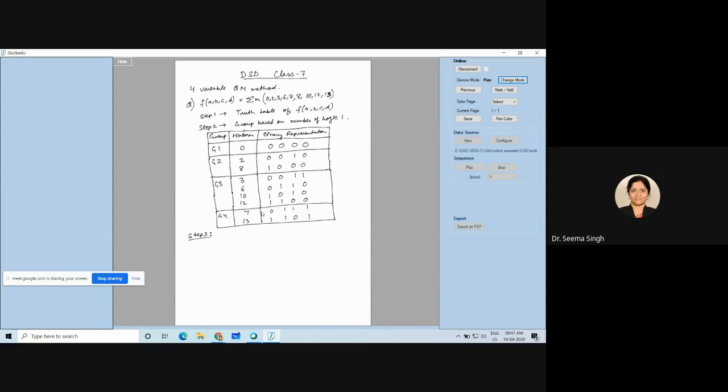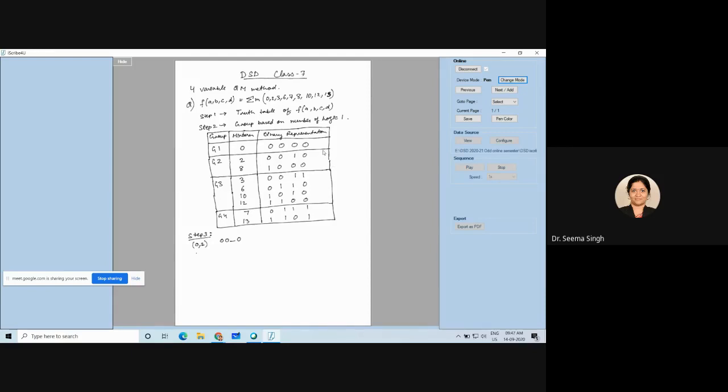The table has to be referred and you need to tell me whether the pair between 0 and 2 is possible or not. Ma'am, first it is 0, 2 and then 0, 8. 0, 2 and 0, 8 both are possible, right? Yes, ma'am. So let us test that. What is 0, 2? 0, 2 means only the third one is changing. So it will be 0, 0, dash, 0. So 00-0 is your pair of 0 and 2.